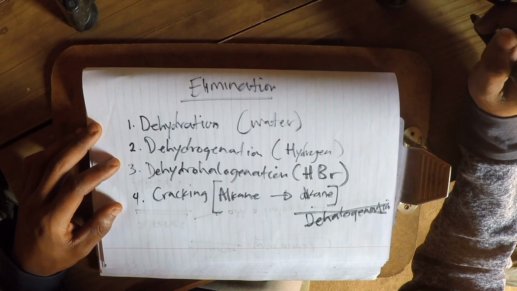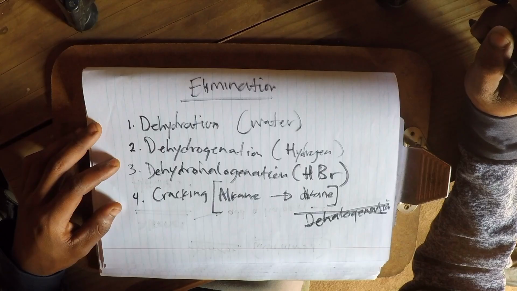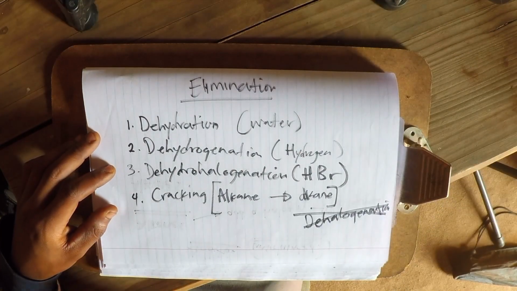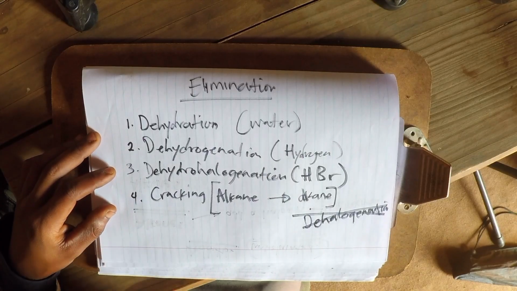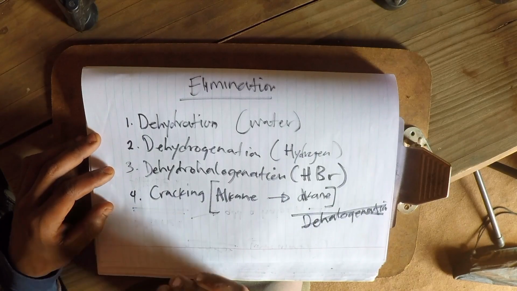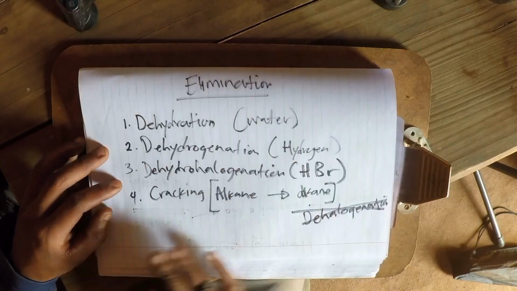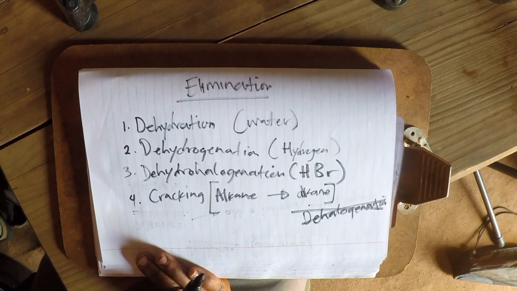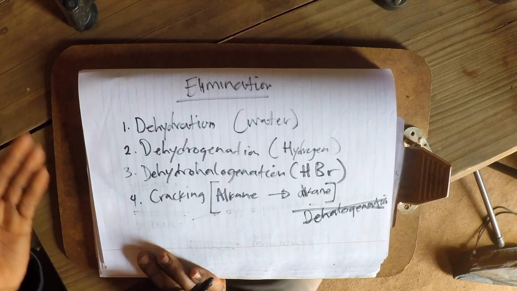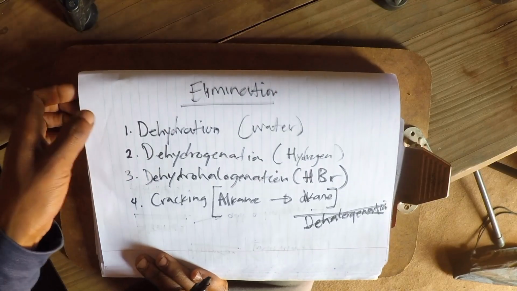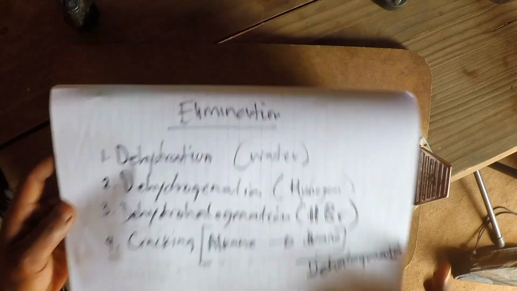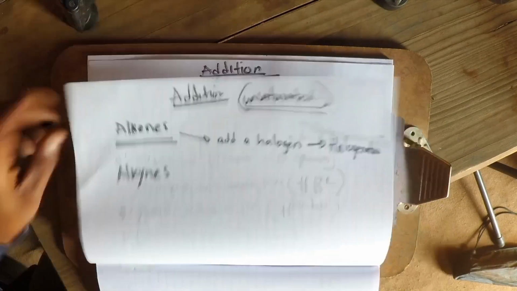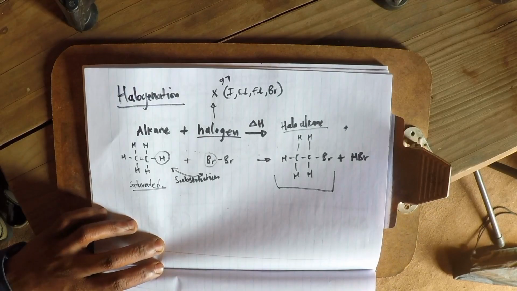If you can, go back and rewatch this video again and again to make sure that you get the basics of how this works. I'm going to make a more detailed video giving you examples of each and every one of these reactions: how dehydration occurs, how dehydrogenation occurs, how dehydrohalogenation occurs, perhaps even how cracking occurs. So for this session, make sure that you understand each and every piece of information that I shared with you. From the beginning, we spoke about